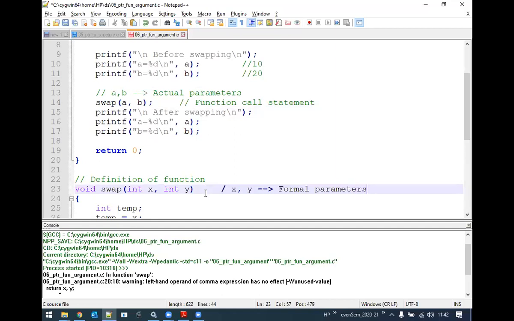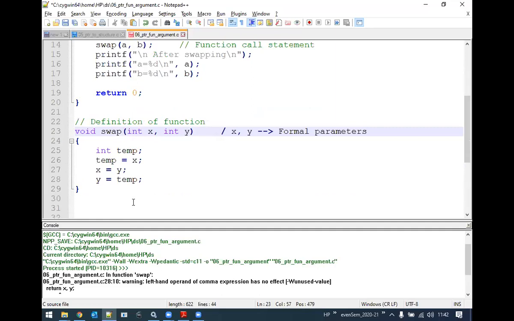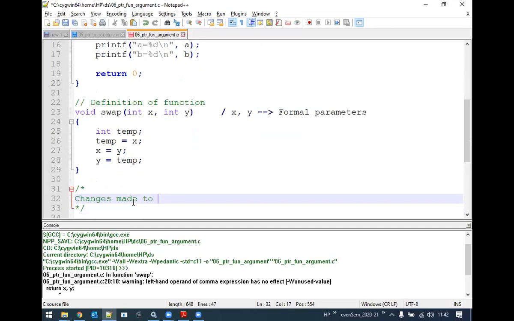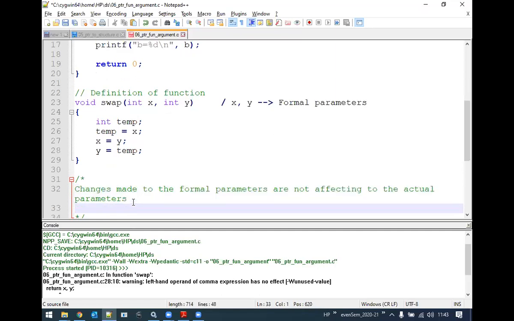Okay. Now, the concept, or the behavior, what is happening here? Changes made to the formal parameters are not affecting the actual parameters. Did it happen here?